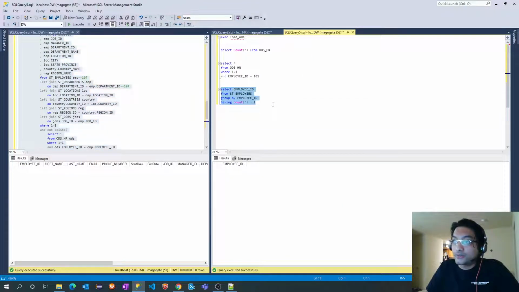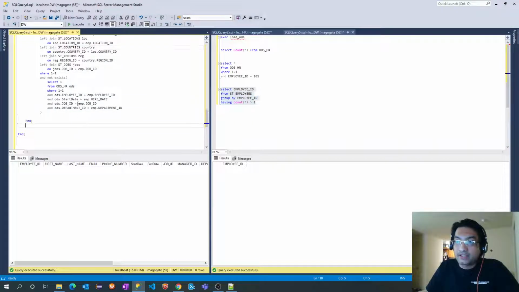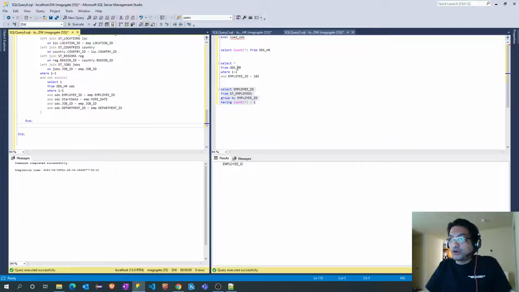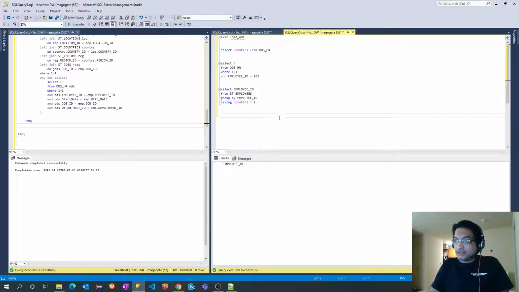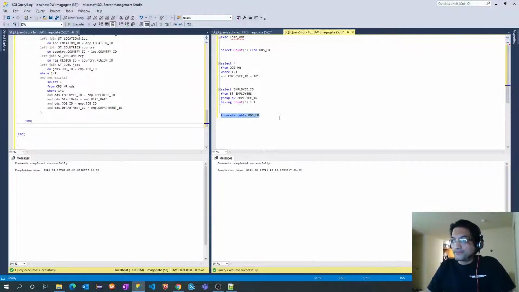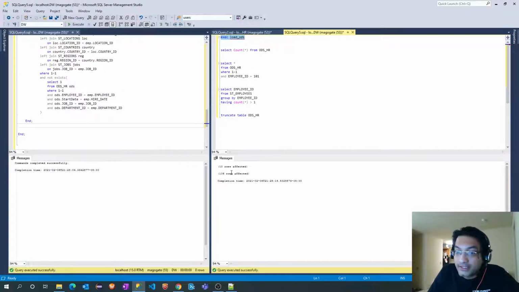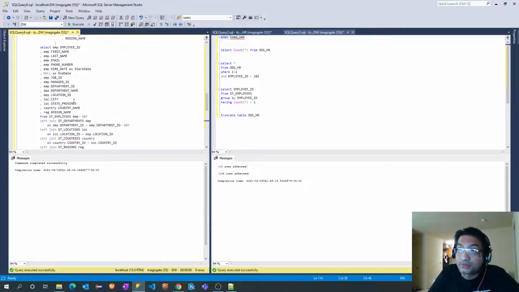So we saw there are duplicate records in the ODS table. Since I added this condition, let me execute the stored procedure. What I will do is truncate this table before executing the stored procedure again. Truncate table. Okay, now I will execute my stored procedure, and it inserted 10 records first. These 10 records are from the job history table, obviously, and then 106 records instead of 107. It inserted 106 records from the employees table from this second query.